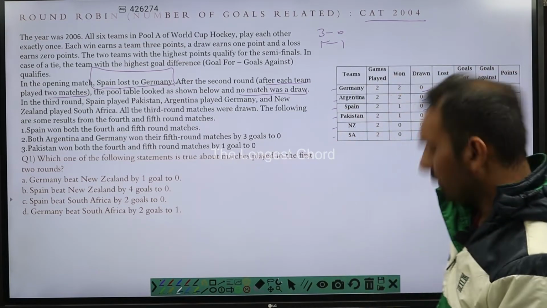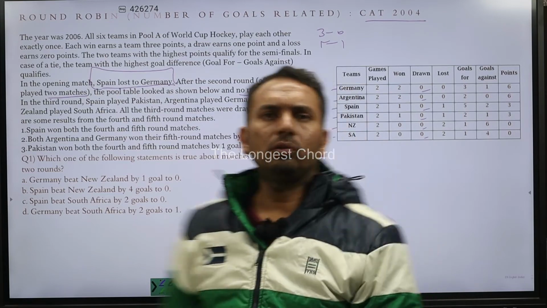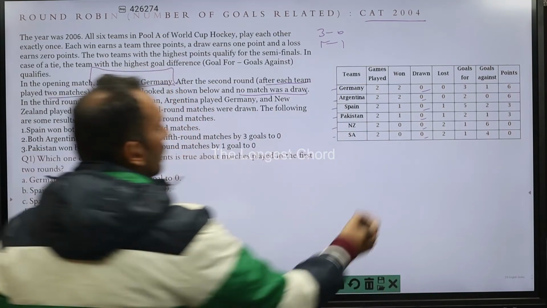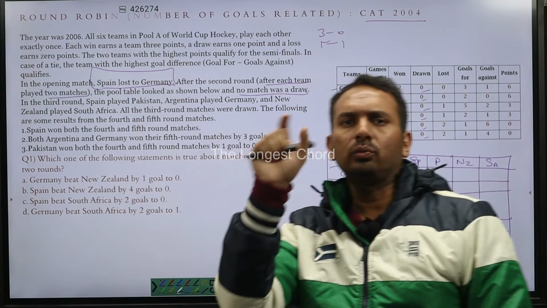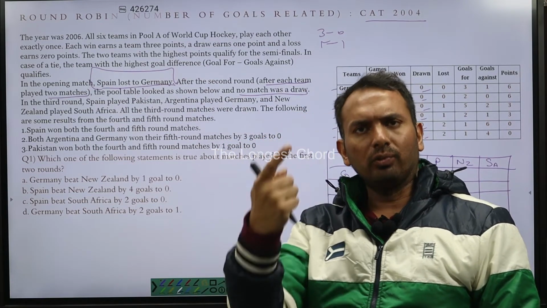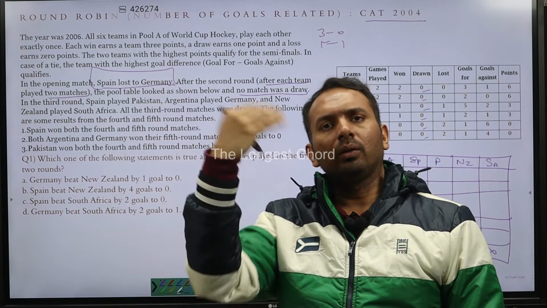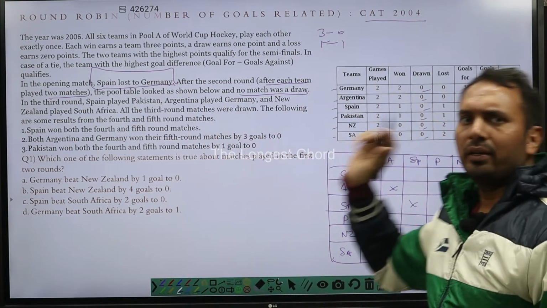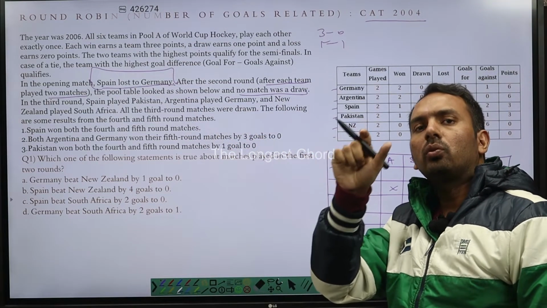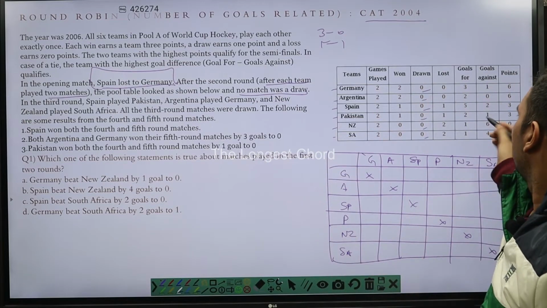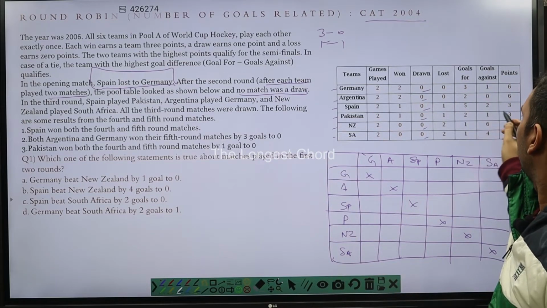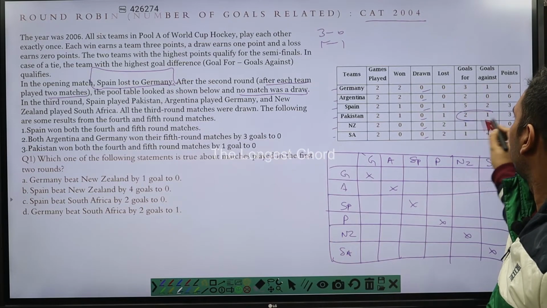Now let us again go the same way. So we had drawn 2 tables, and we can again draw 2 tables here. According to the technique, for a loss there has to be a minimum difference of 1, and for a win also there has to be a minimum difference of 1. So our target team must be the one which scored the lowest number of points, so that it is easy to bifurcate those points.